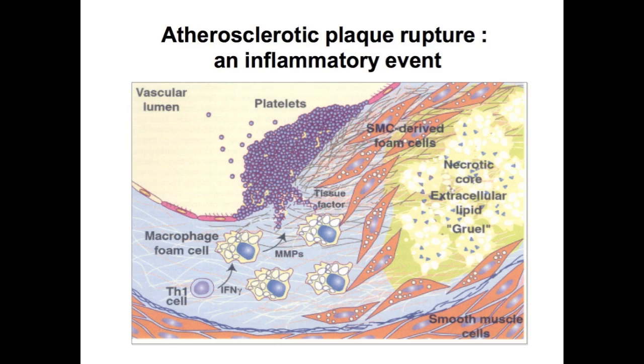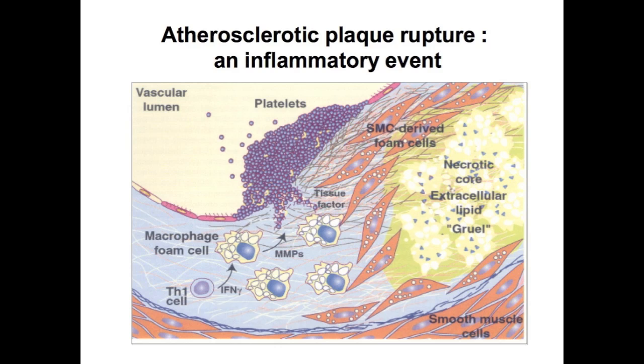Smooth muscle cells have actually moved from where they should be over the top of this. They've produced these proteins, things like collagen and fibrin. This is called the fibrous cap. And this is probably an attempt to just try and keep all of this contained. It's like throwing a net over it and saying, please stay there. Like you see on the side of motorways up those walls where they're trying to hold everything back.